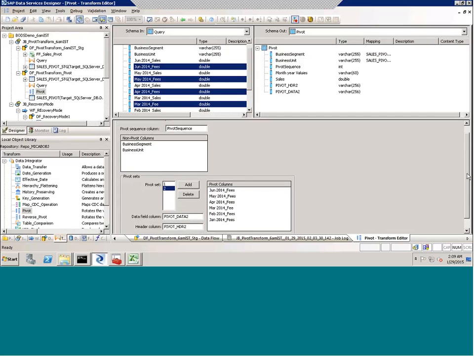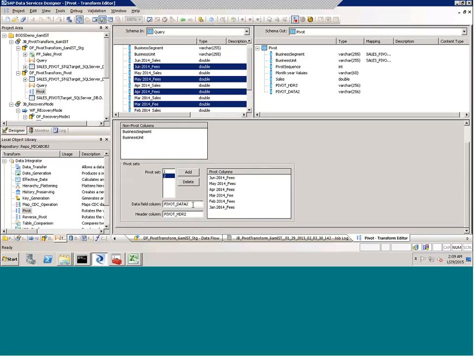Everything else will be the same. See here. Again, you can always have the same data field. The data field would be something like